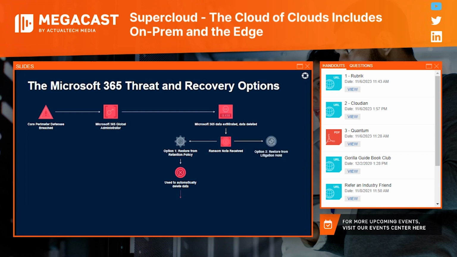Other options are possible, like maybe you have some of the data at least under a legal hold, things of this nature, but ultimately that's not going to work at scale, obviously. And so you're going to end up in a situation where you have to pay the ransom, at least in the absence of other tools that help you mitigate the situation.